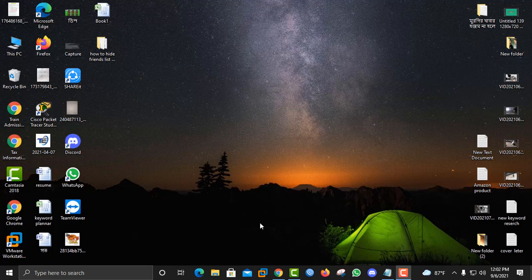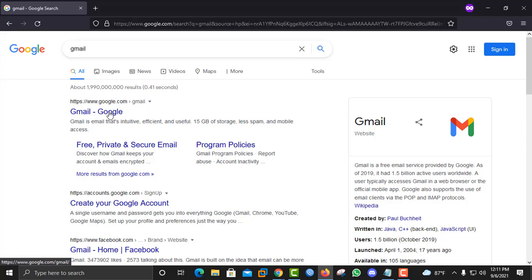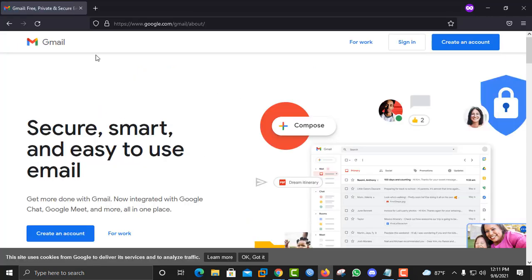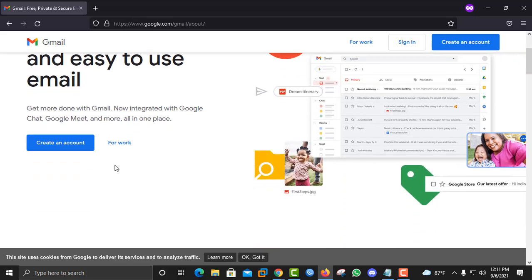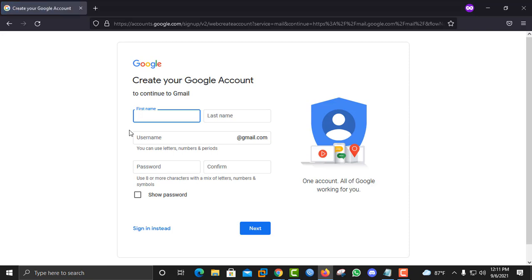So okay, let's start. At first you have to search on Google for Gmail. Now I'm clicking on it. From here you have to go to Gmail, Google. And here are some basic features of Google. From here you have to go to create an account, where you have to provide your name, user ID, password